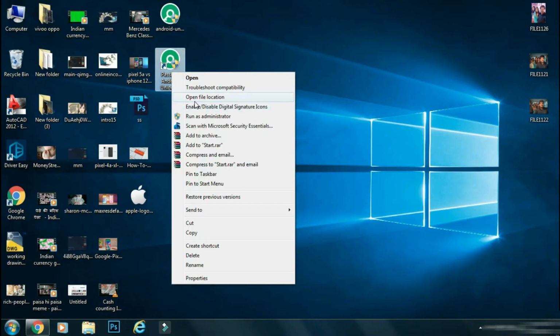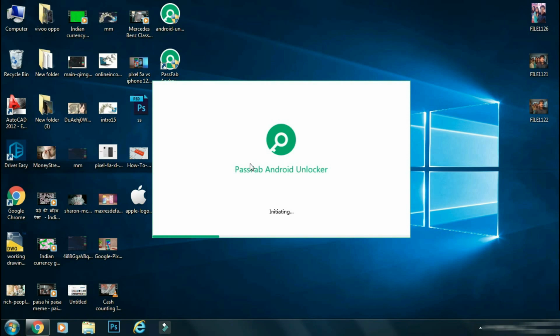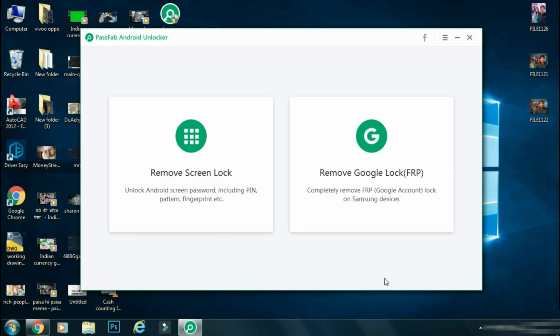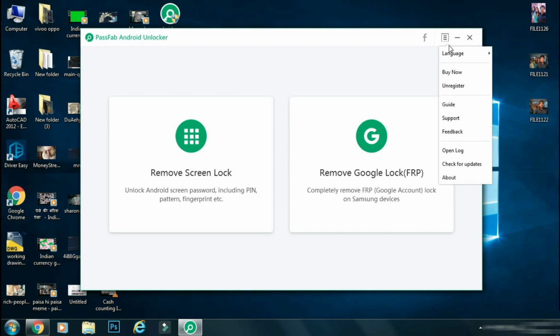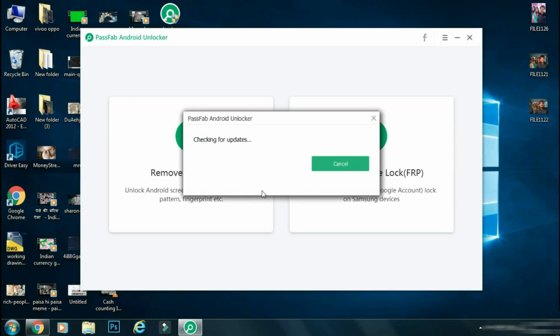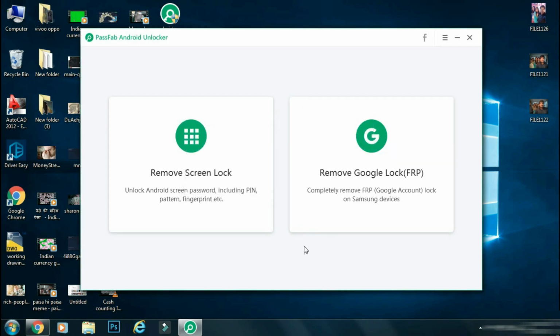Although this app is not free, it's worth every penny, as you can use PassFab Android Unlocker to remove screen lock like fingerprint, pattern or normal PIN numbers. It can also help you to bypass Google Factory Reset Protection feature on some phones like Samsung. Before going ahead, make sure you are using the official and latest version of the app to avoid any issues.